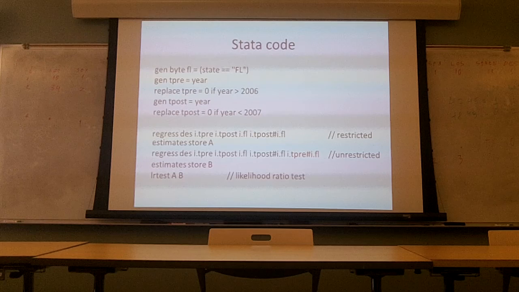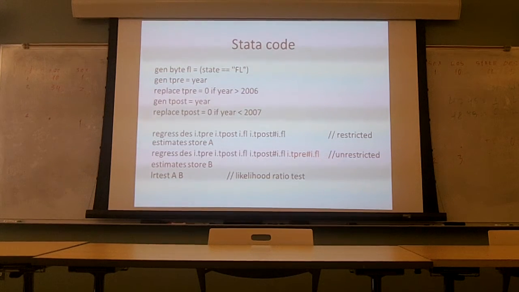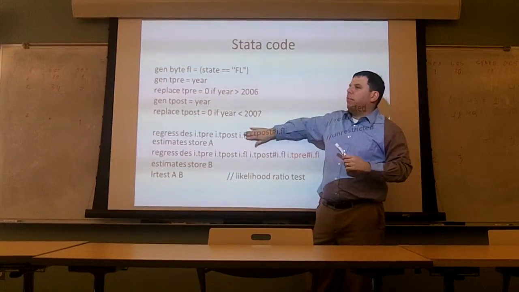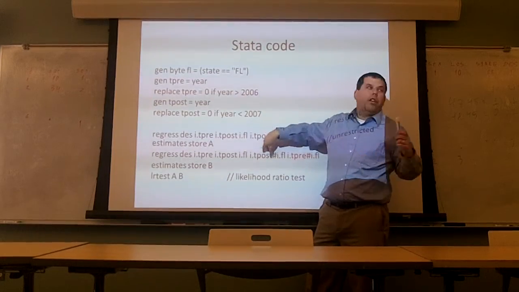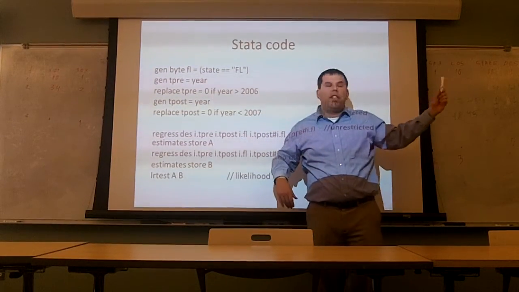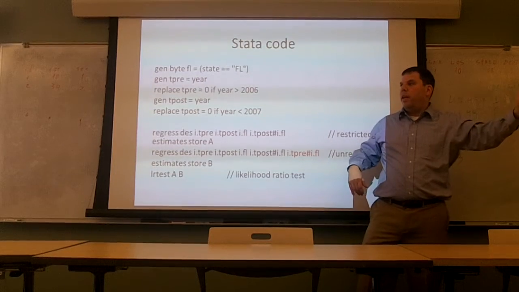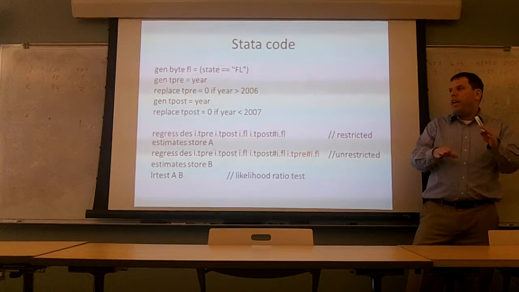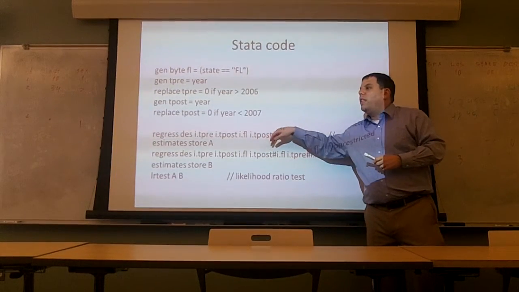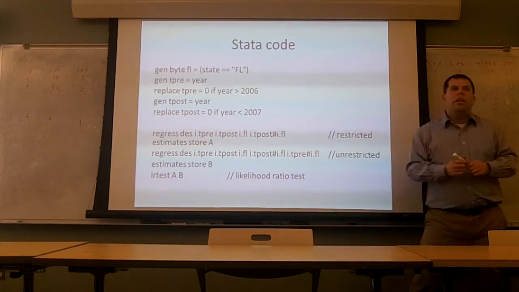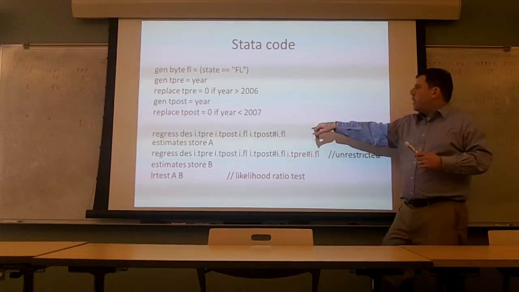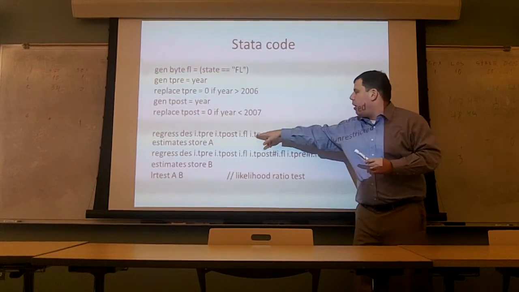One's Florida, let's just call this one Florida and New York. The average difference between them will get picked up by this main effect, without any interaction. On average, Florida and New York are different by whatever the average difference is, averaged over the time period. But in reality, we can see pretty clearly that they're not, that average is missing some variation. We want to know what the difference is for each year, how big that difference is. And that interaction will tell us for each year, because we're using categorical variables,